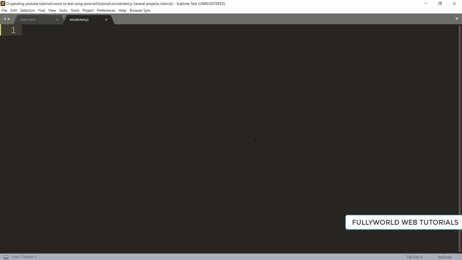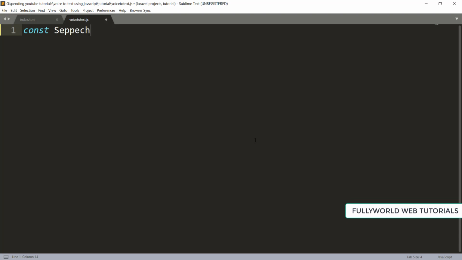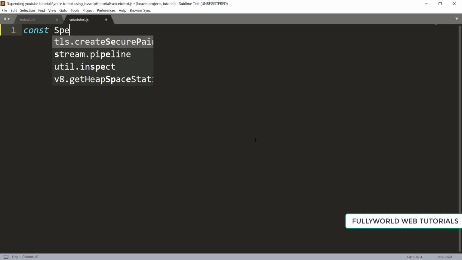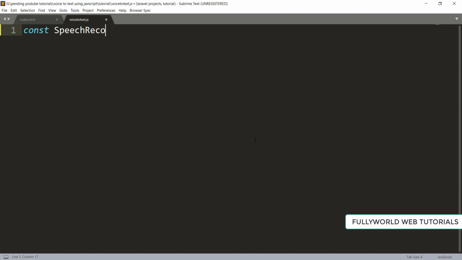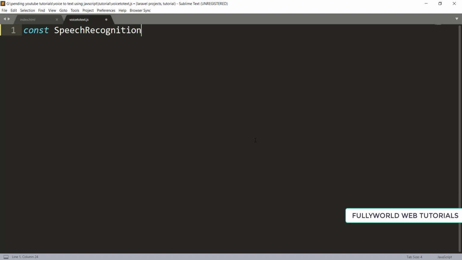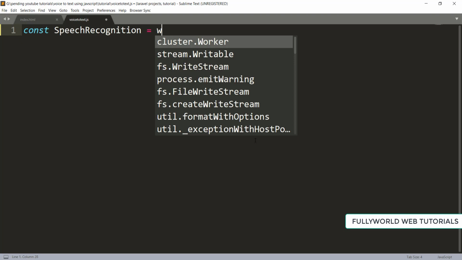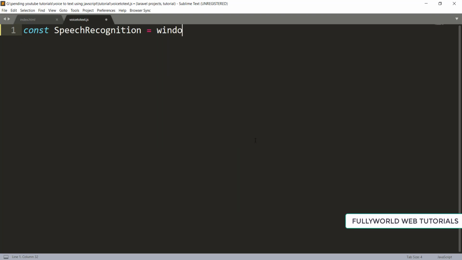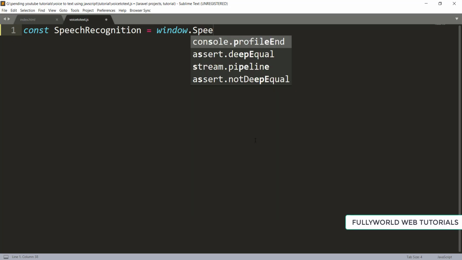First of all, let's create our instance of speech recognition. Here I'm going to create a speech recognition variable, and this will take from the window. We are taking from the window because everything we are working on is the window, and the window has many events, and from those we are going to handle our speech recognition.